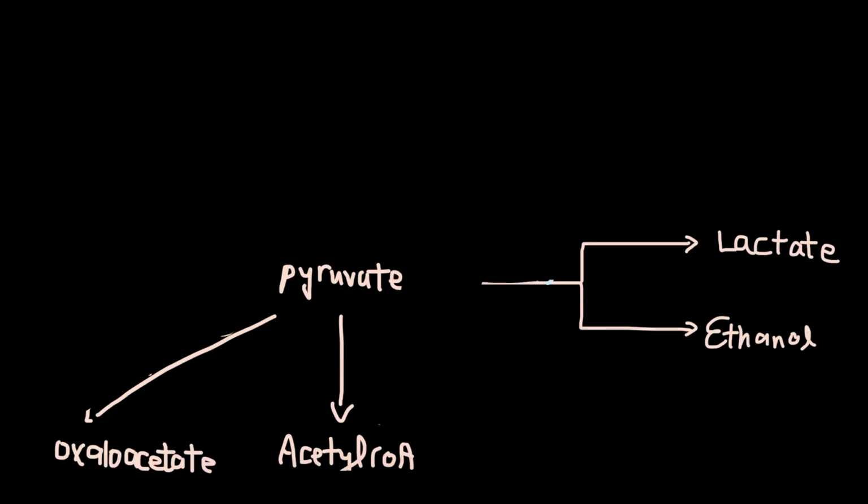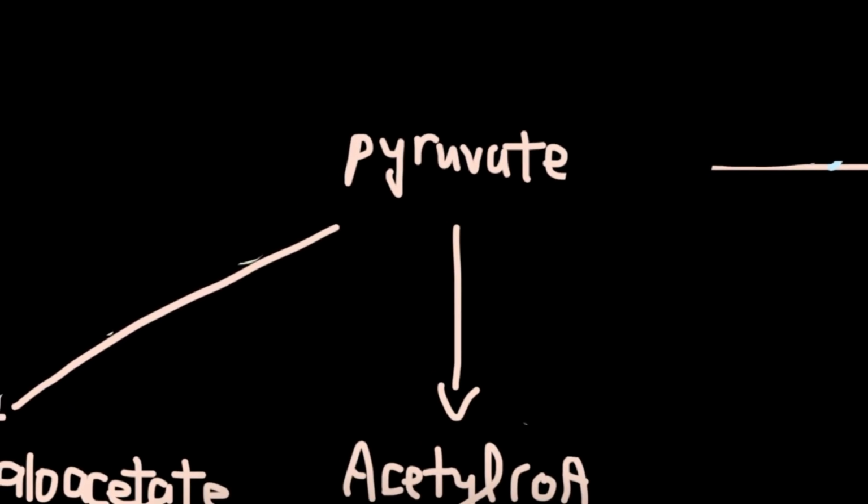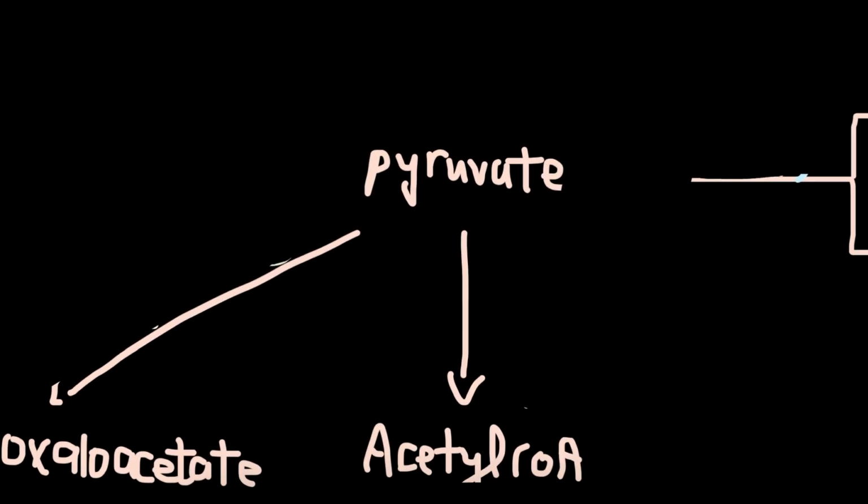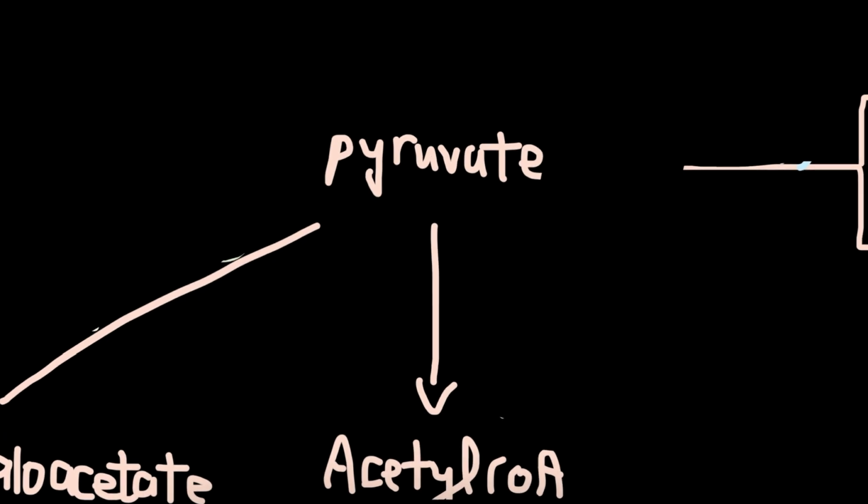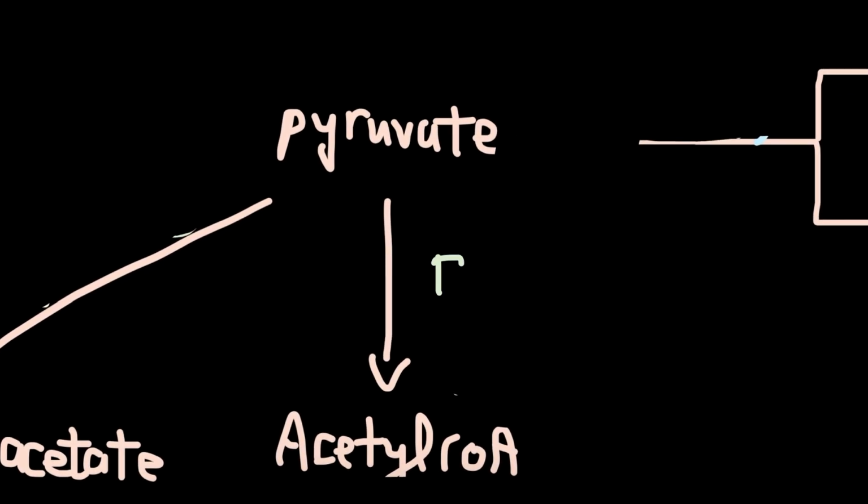Today's video, we will review the major fates of pyruvate, enzymes involved, products formed, and terminology that will show up on the exam. So pyruvate in an abundance of oxygen will make acetyl-CoA, which enters into the citric acid cycle to produce energy. Pyruvate converts to acetyl-CoA through the pyruvate dehydrogenase complex enzyme, and the products are NADH,